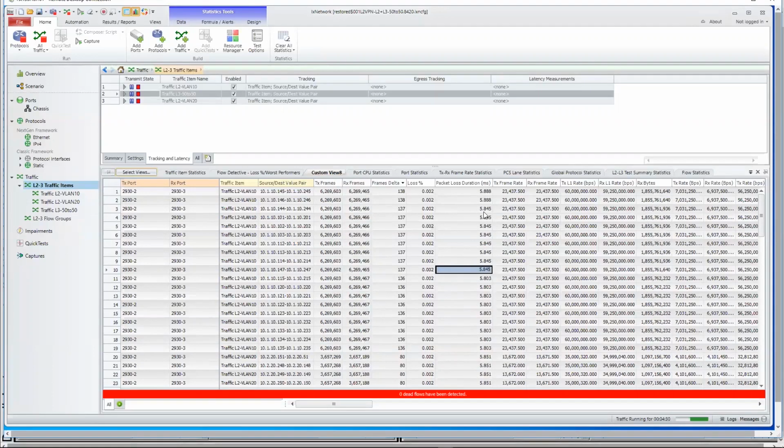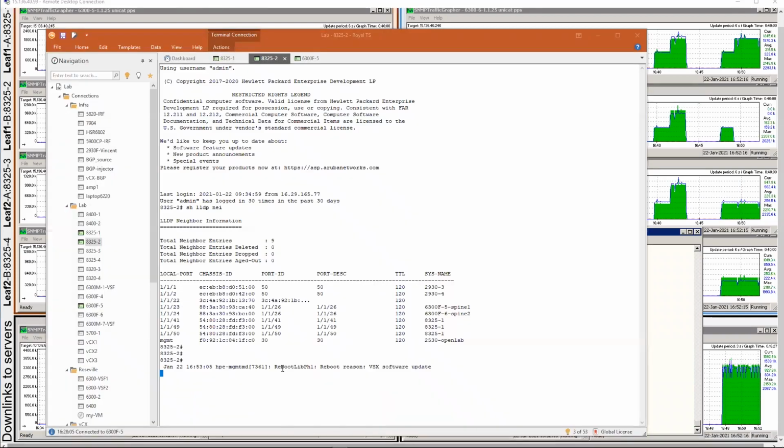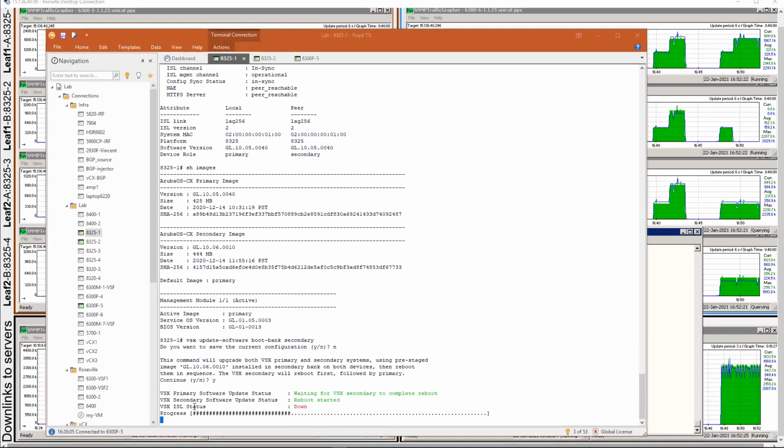So losing the VSX secondary at this stage will cost no traffic impact. You see, restarting system. Here, the SSH session has been notified with a message. And here you have the ISL link that is down, reboot starting.